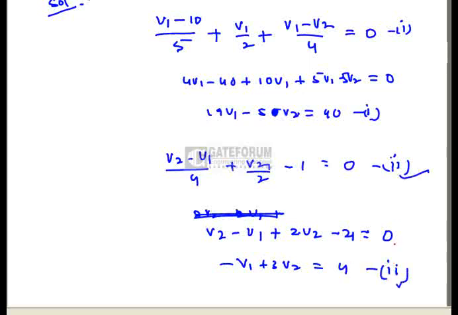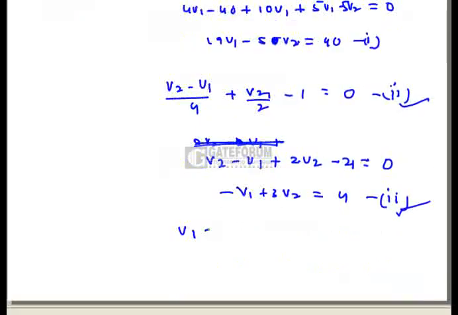If you solve 1 and 2, then we will get V1 equal to 2.7 volts and V2 equal to 2.23 volts. So we have to go for option